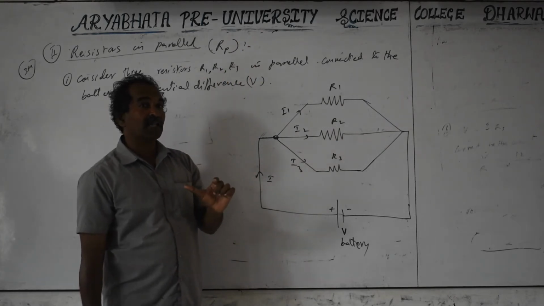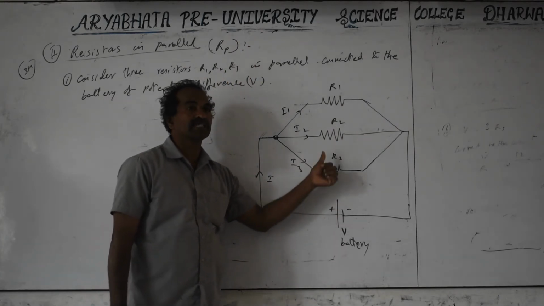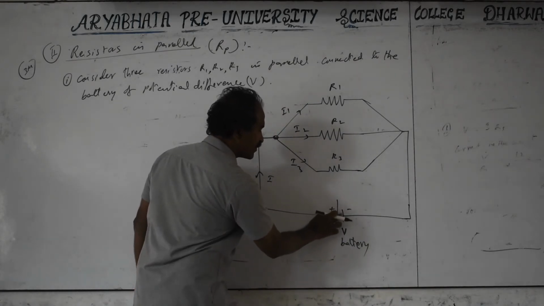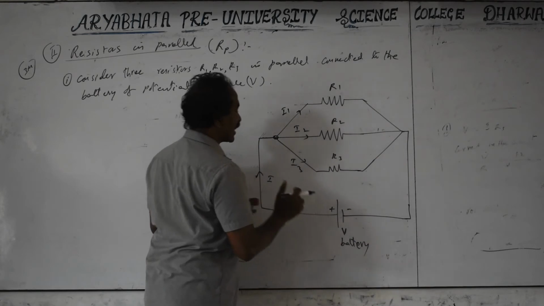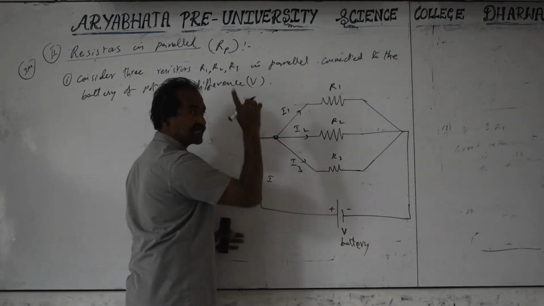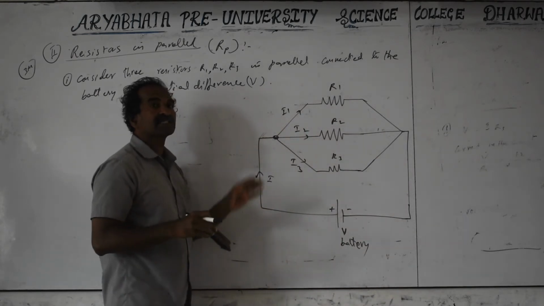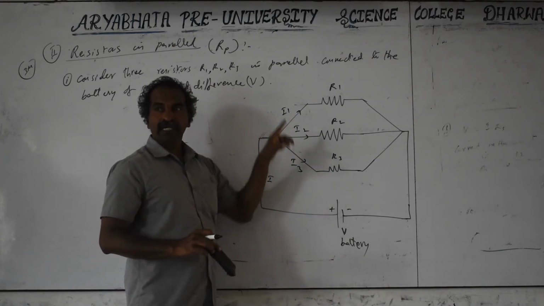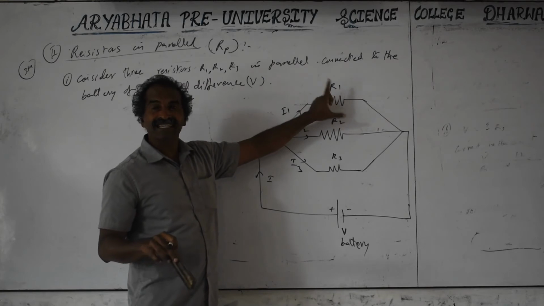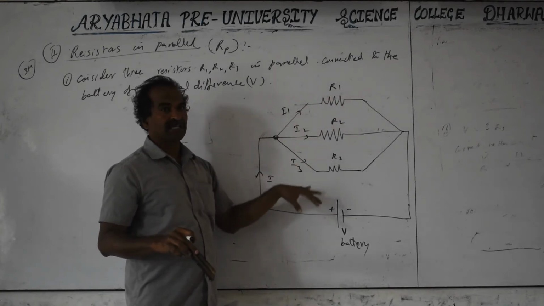So what is the same for all parallel combinations? Exactly the same means voltage is the same. So the potential difference V is the same for the electrical devices in a parallel combination. But what is divided is current. Previously, in series, no voltage is divided. In this case, current is divided. Total current I is divided into parts I1, I2, I3. If the resistance is more, current is less. If R1 is more, I1 is less, and vice versa.